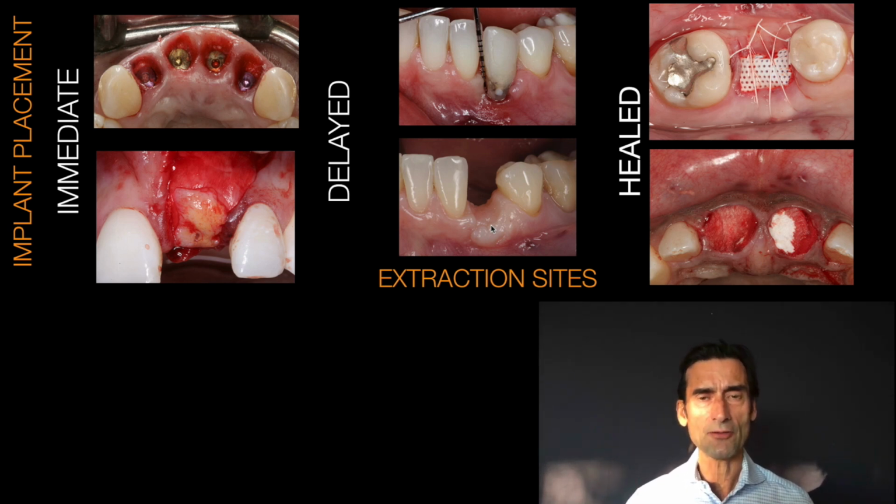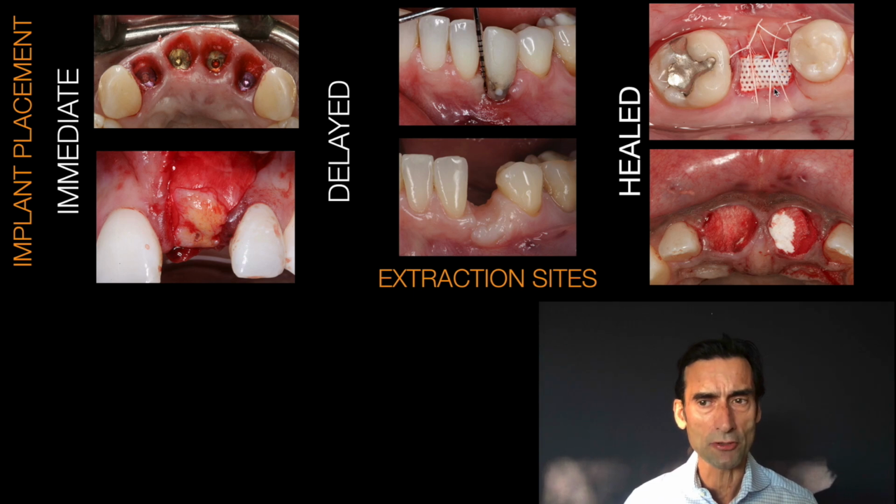Now, in the photograph, you can see just like two different cases, which I already showed. The main thing is when you do a socket graft like this, is that you want to have some kind of material that it stays in place. And the material can be resorbable, can be non-resorbable, or it can just be the flap that you're advancing and